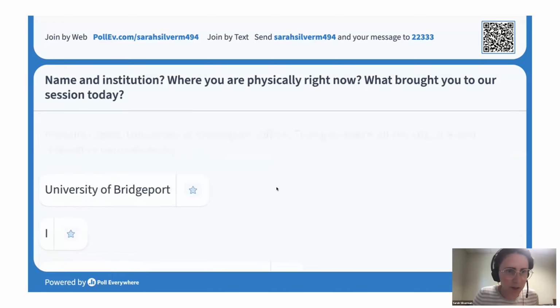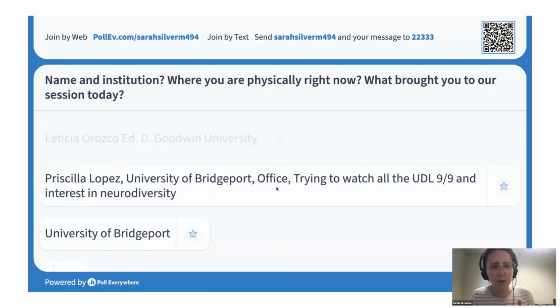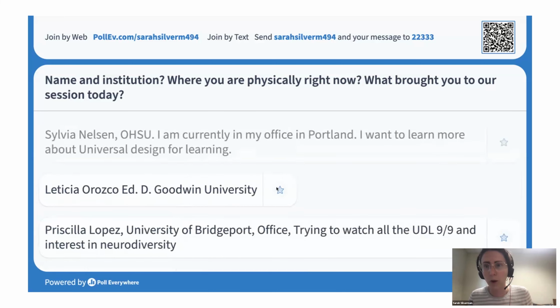But I enjoyed seeing some of these motivations. It seems quite a few people are interested in neurodiversity, interested in the overlaps with UDL, and then a couple other people are actually just looking for ideas about what are multiple ways that students can express themselves and communicate. So I hope that we'll get to all of those